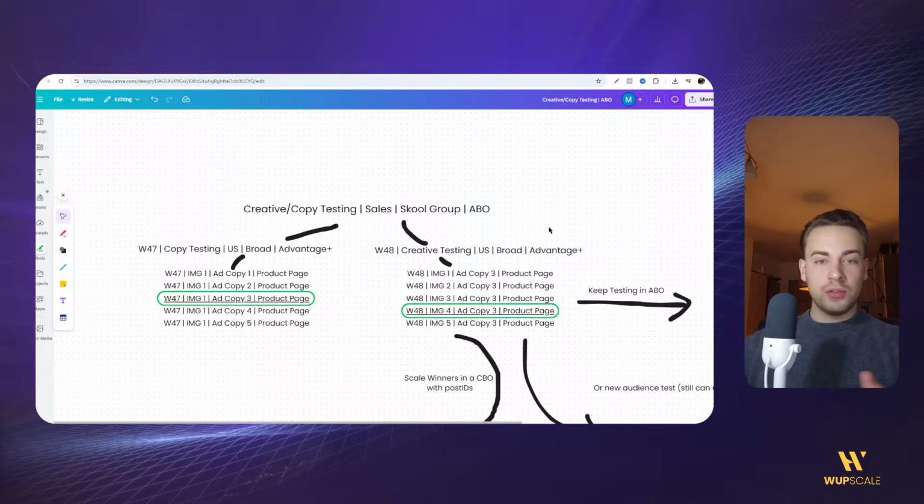So what do we do next week? Now we keep testing in the ABO campaign. Every week, keep testing new ads, iterations of previous winners, or completely new ads also. You can test new ad copies, but just make sure to always add new assets to your campaigns and never